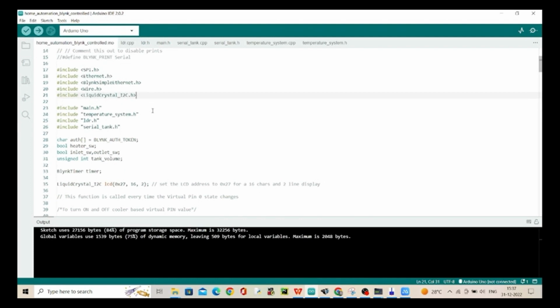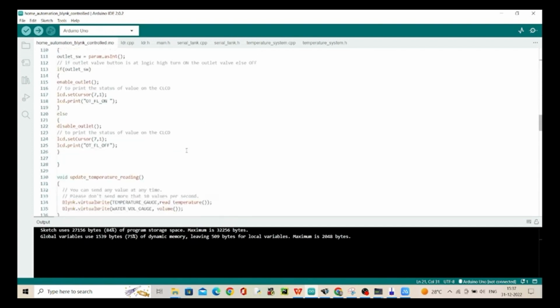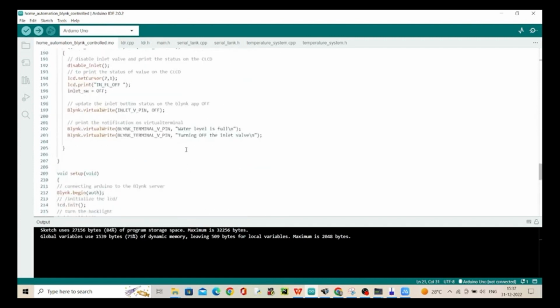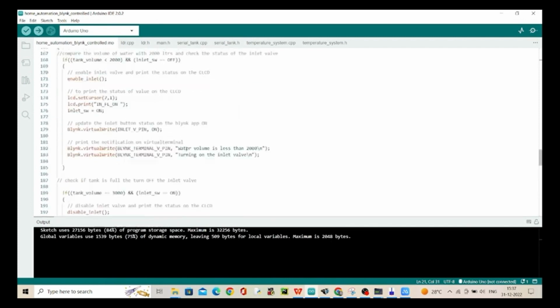Here we have also added the authentication code that is used to connect the Blynk IoT app with the system. As you can see, here we have added the authentication token, and here we have selected the Uno board. We have to convert this code to a hex file and upload it into PICSim Lab so that PICSim Lab can have smooth working. This is our whole code.